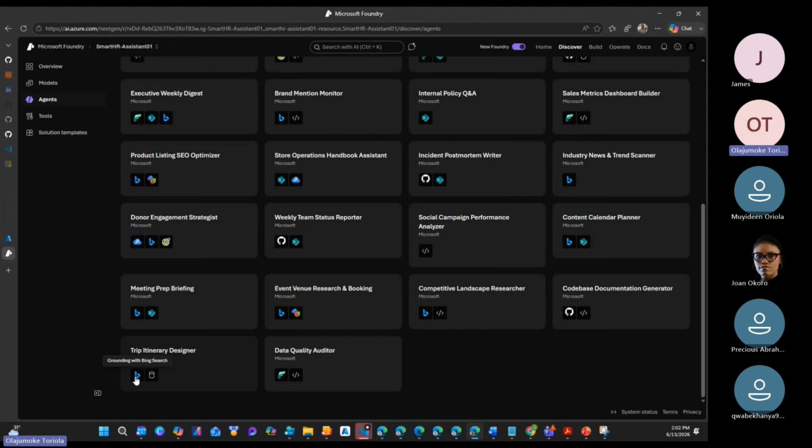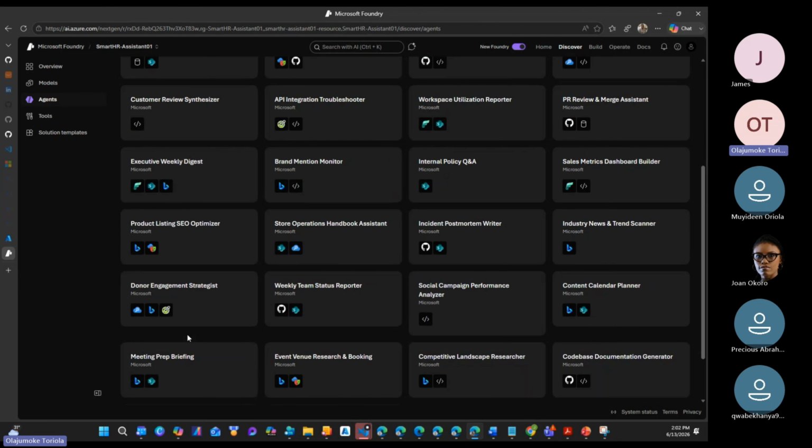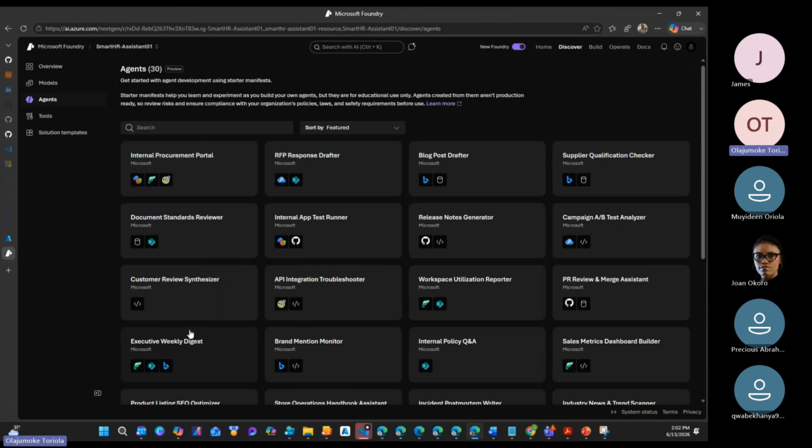You can see where the data is grounded and searched, and file search is what it is using. So whatever template you pick, you will see the tools that are being used for it. This one is a SharePoint and a file search. You have a SharePoint library where you can have documents, standard reviews and all of that. So you can build agents from a template, or you can build it on your own, or you can build in another framework and then bring it into Microsoft Foundry to use it.